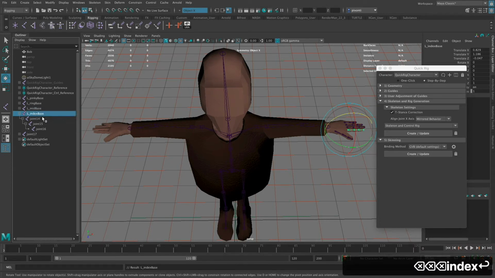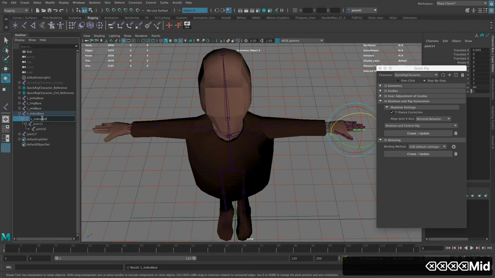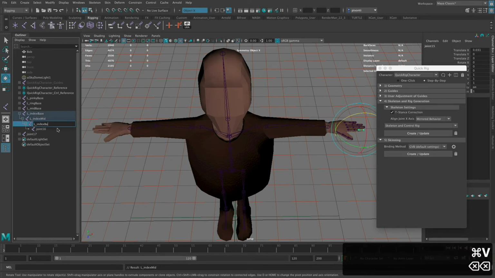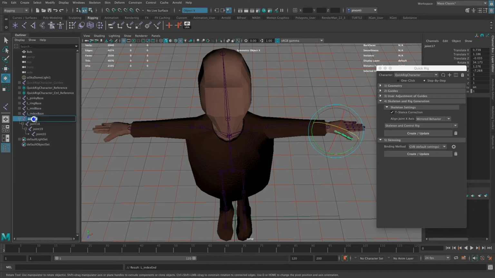Index, base, copy that again, paste, mid, paste, dist, and paste, and end. Same thing for the thumb, left,